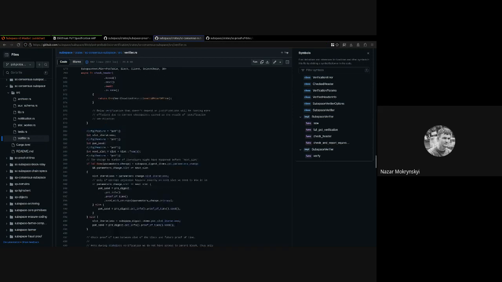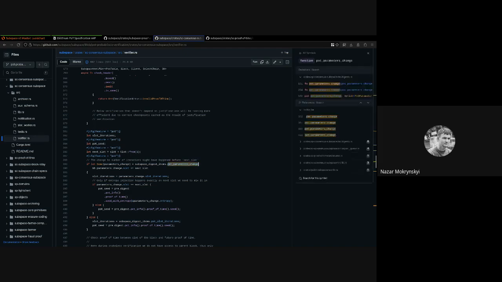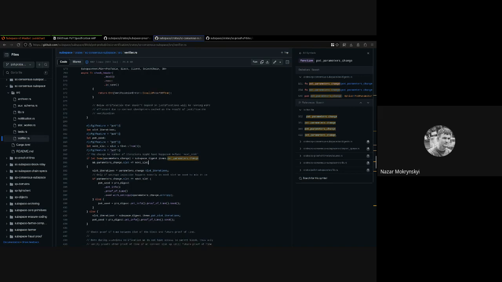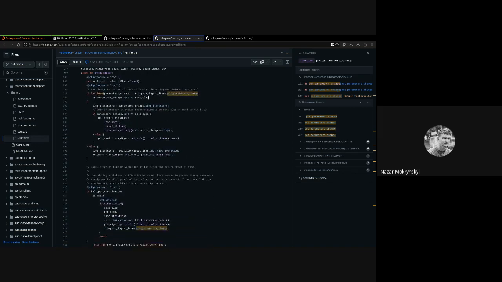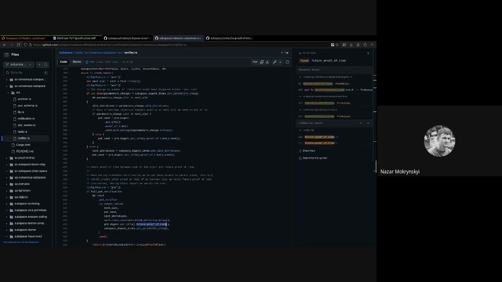So here we will take information from our header. We will extract information about the number of iterations. We will take into account if parameters have changed, which includes potentially changing the number of iterations. As I mentioned, we'll increase it over time when new hardware becomes available that is faster. And we will also take into account the entropy. And then we will try to verify that the output is valid for the input parameters, that the future proof